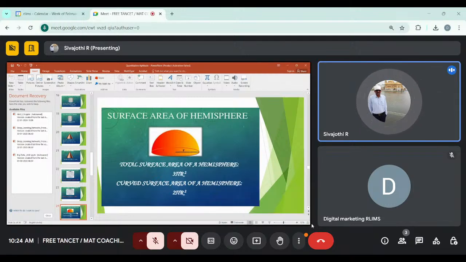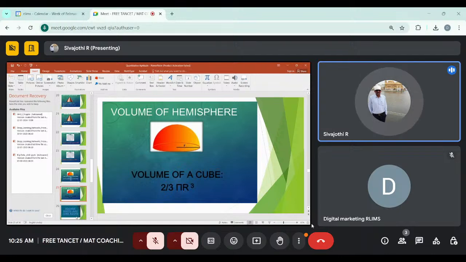Okay, we'll go to the next. Volume of a hemisphere, that is 2 by 3 pi r cube. So what are the values given for r cube? Already I said, 2 by 3 pi, pi value 22 by 7, r cube is